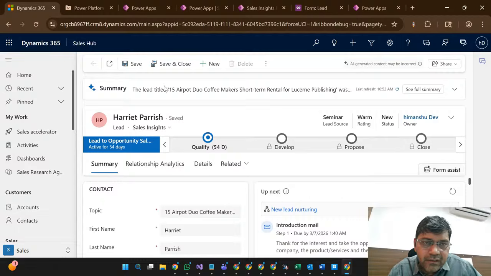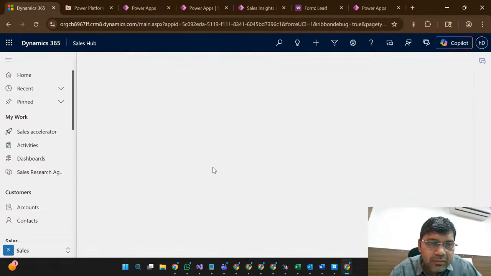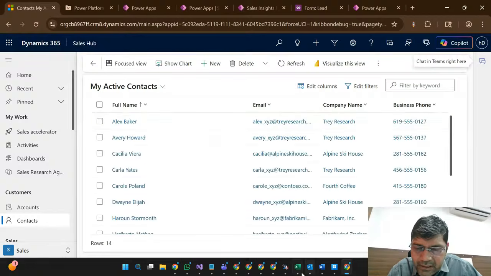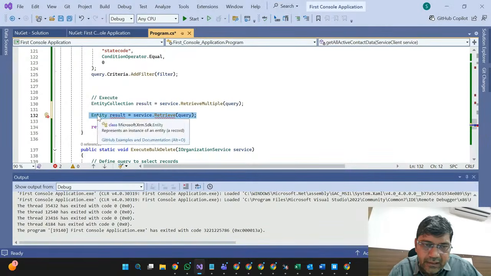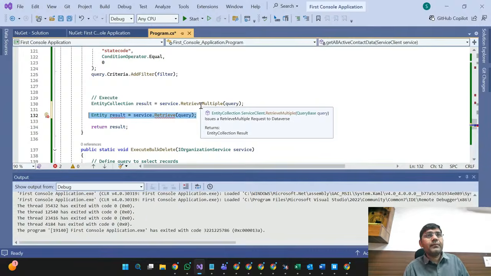Record GUID means, if we are retrieving data from contact, we are retrieving based on the contact ID. It means it will return an entity. And if we suspect we may retrieve more than one record, for example, I will give you a very basic, generic example. Suppose